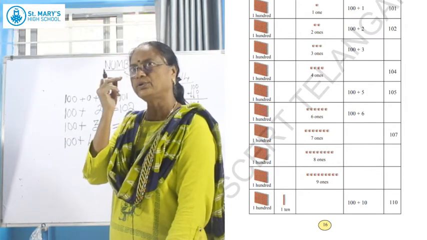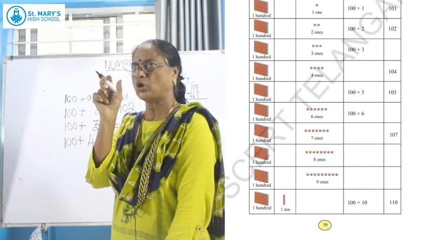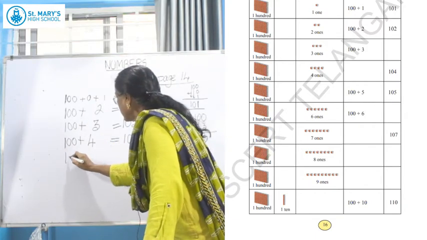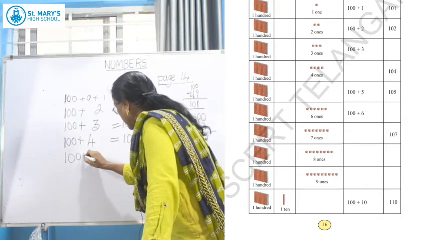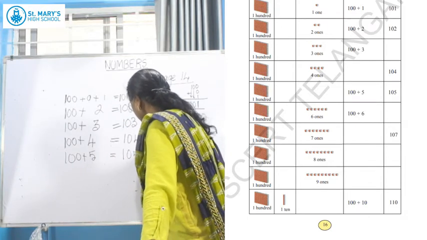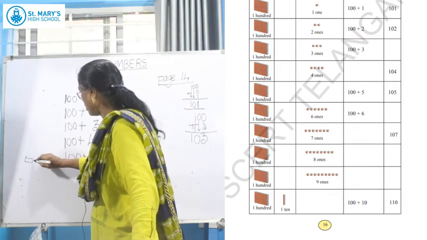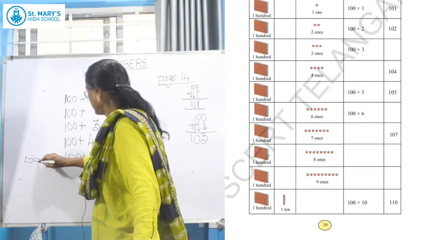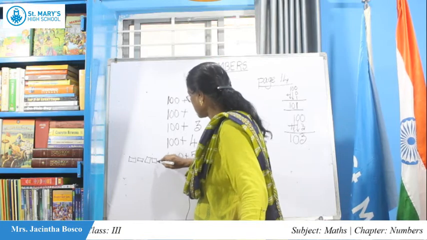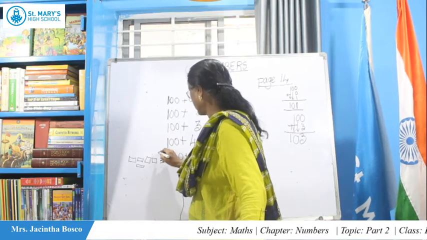So what you have to do? This time you have to draw the bricks in that empty box. How many bricks will you draw? What does the question say there? It is given like this, 100 plus 5 is equal to 105. Answer is given, but this part, the bricks you need to draw. How many bricks you will draw there? 5 bricks you need to draw. Okay, you draw those 5 bricks.